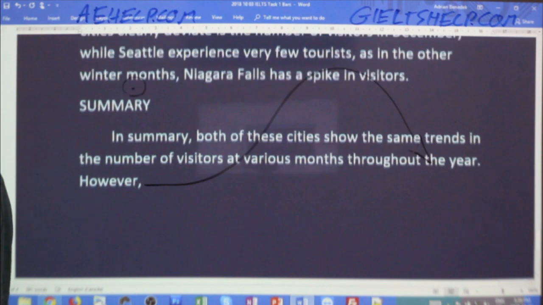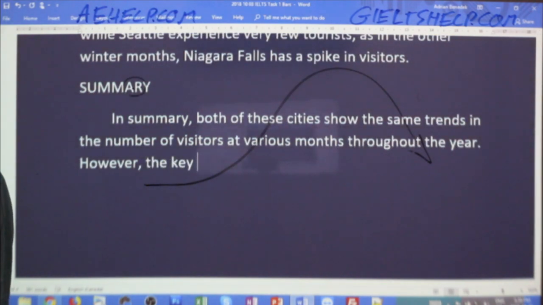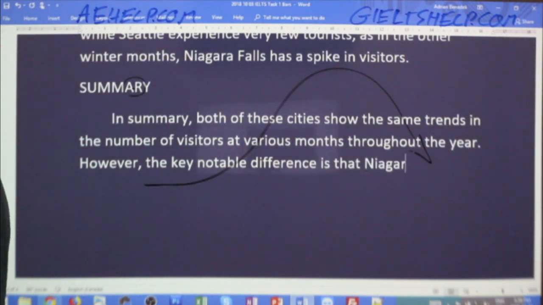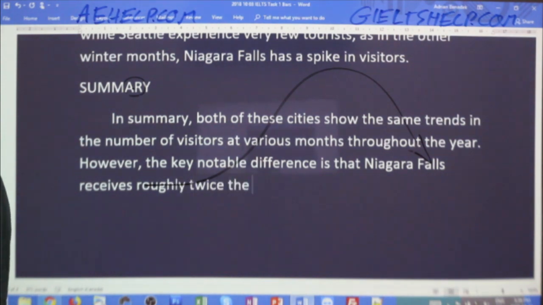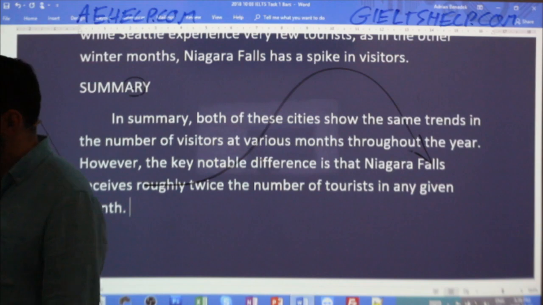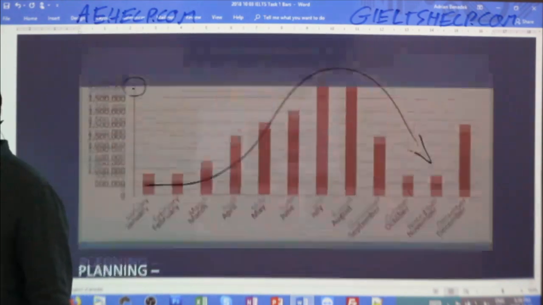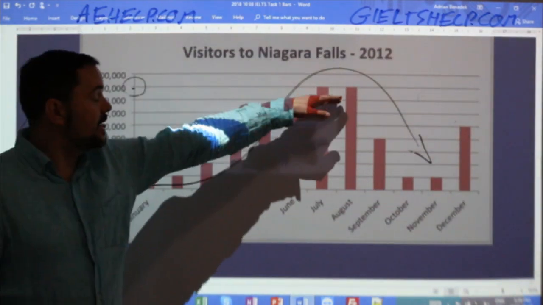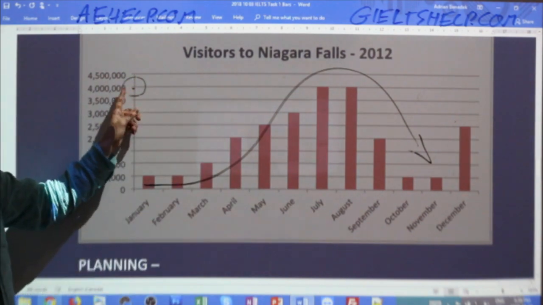However, the key notable difference is that Niagara Falls receives roughly twice the number of tourists in any given month. Okay, so all I did here is I summed up this trend and this number here that I can observe